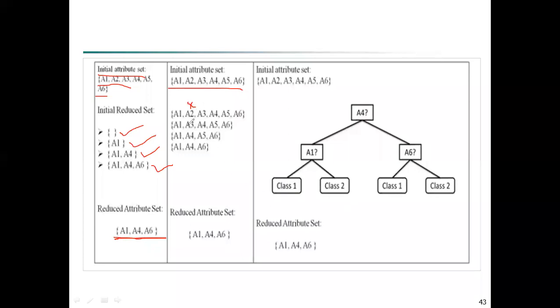In step 2, A3 is removed. After A3, you are going to remove just A5. This is the final set you have for the second method. This is another example.